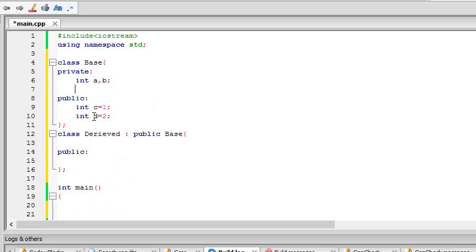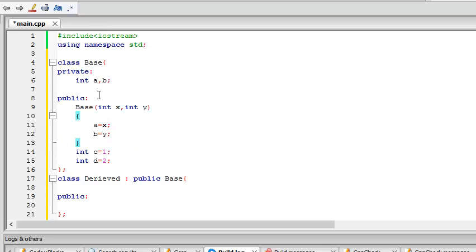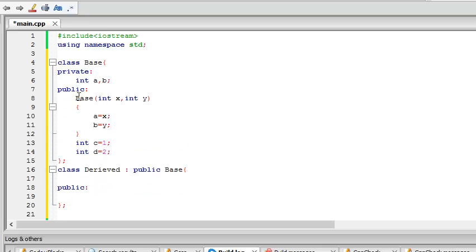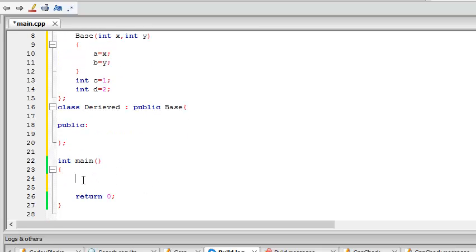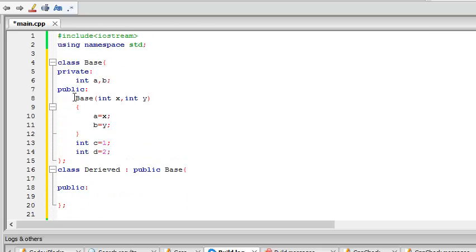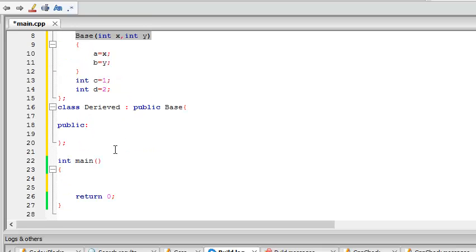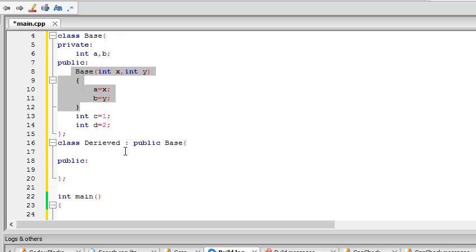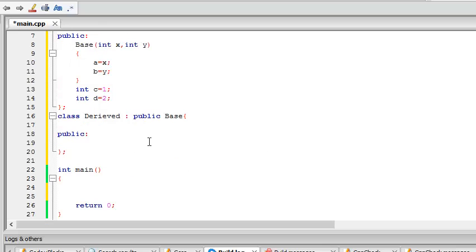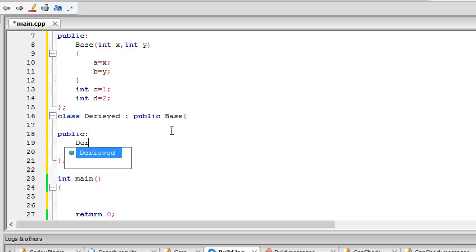I made a mistake here: you should always make a constructor public. Remember that, because a constructor is automatically called when an object is created, and if you make a constructor private, it will not be called properly. So you should never make a constructor private, because then the object will not be created and it will give an error. Okay, so I create a derived